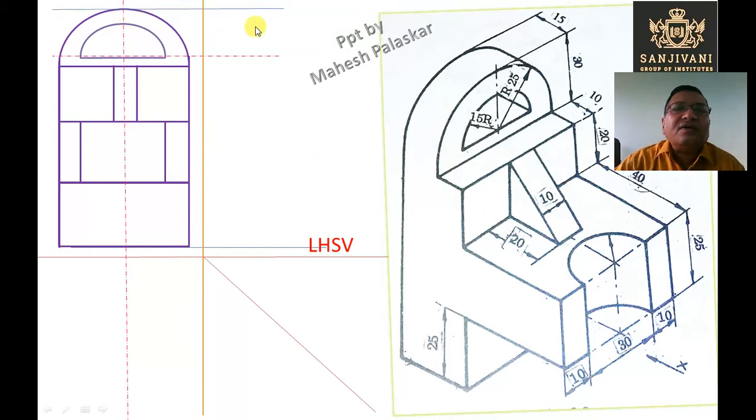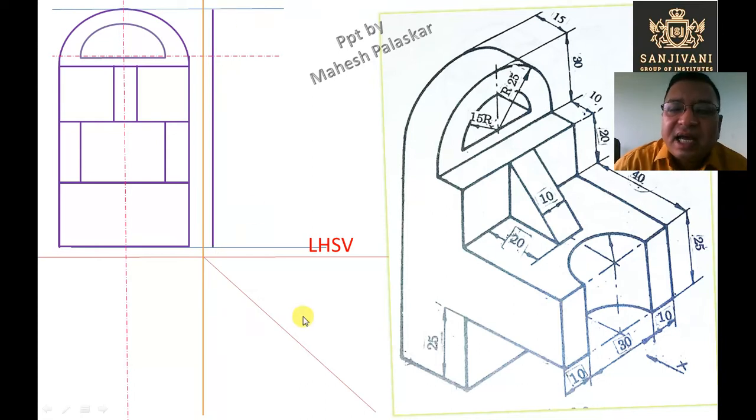So projections are drawn. This is the projector at the top, okay? Then the bottom projector; these two projectors, top and bottom, are drawn. First of all, this bottom projector is drawn, then this top projector is drawn, right? And then we draw a vertical line, and the length of this line is 100 mm, because the total length of the object is 100 mm, that is 25 plus 25 plus 20 plus 30, which is 100. So the length of this line is 100 mm, right?